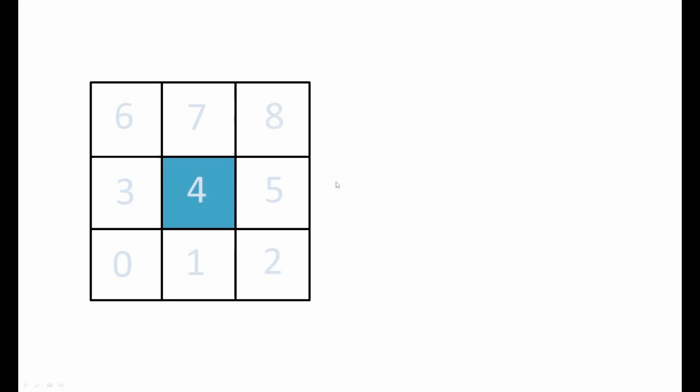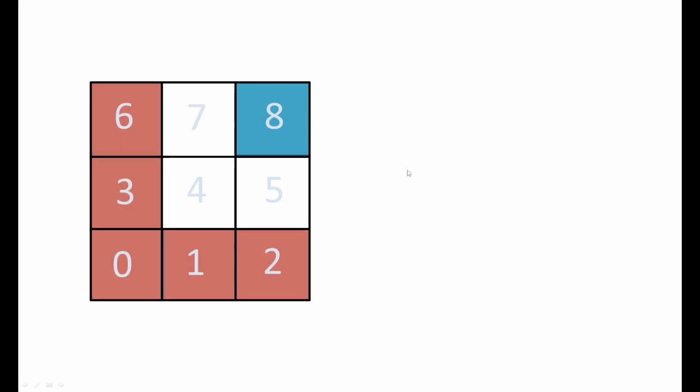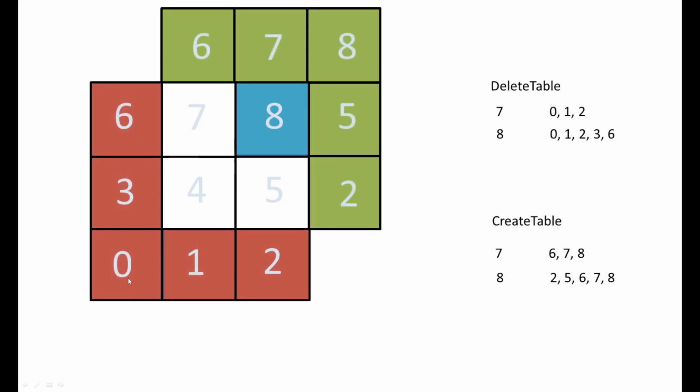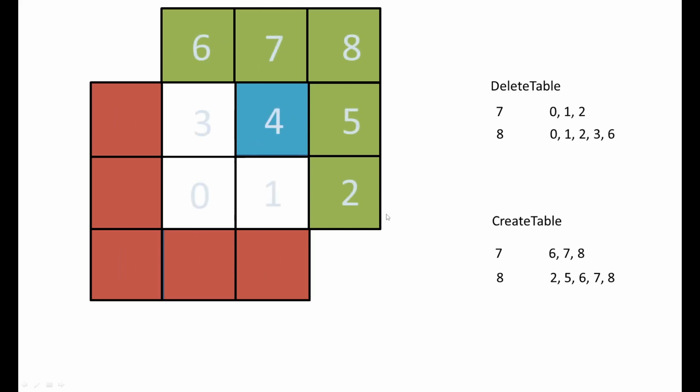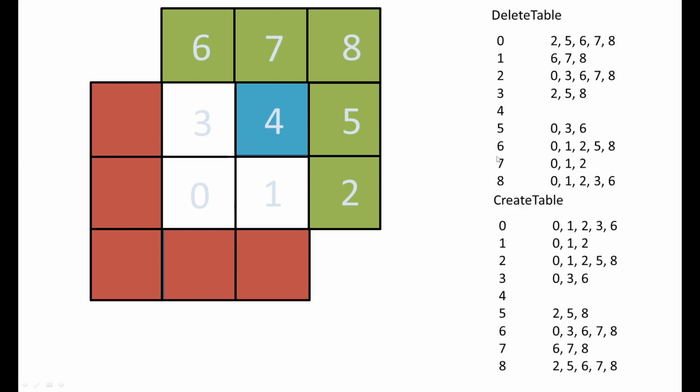Another example, when the character moves to index 8, we destroy the plane that has index 0, 1, 2, 3, and 6, and we create the plane 2, 5, 8, 7, and 6. And then we rearrange this table index, and with every condition, we create these two arrays, which plane we have to destroy and which plane we have to spawn.